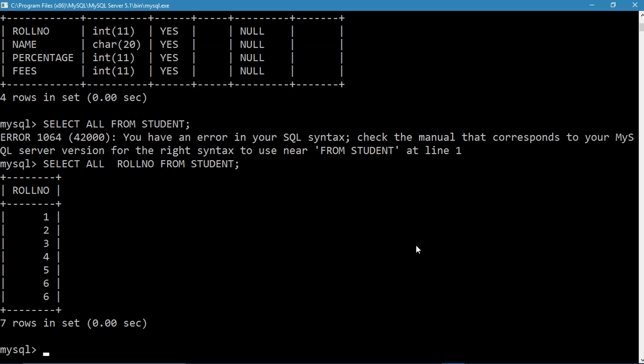Fine, so all will work for a particular type of column. It will not work for all fields. It will work only for one column or two columns. So let us now try another command.